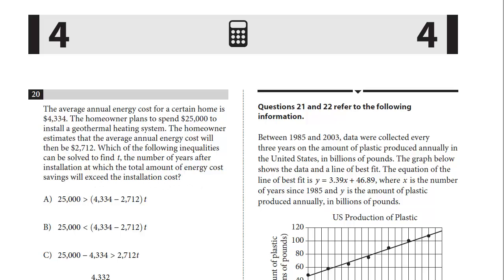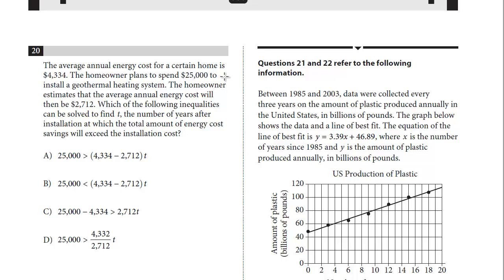And so we just have to set up an inequality here. We know that at the outset he's spending $25,000. That's extra money to install this system. We want to see at what point the savings exceed this $25,000. Now typically it's $4,334, but after the install it's only $2,712. So the savings, this is per year,